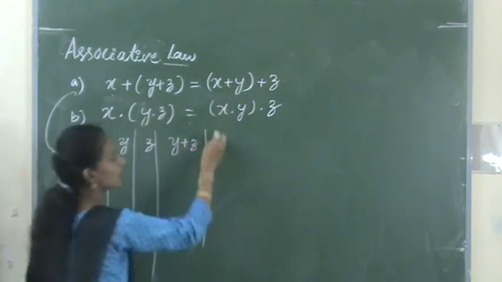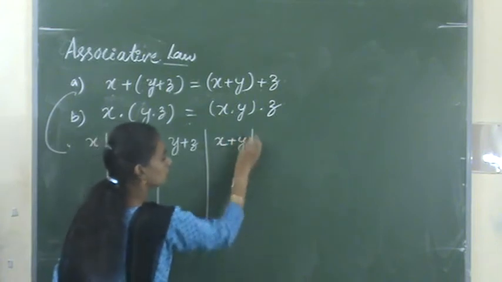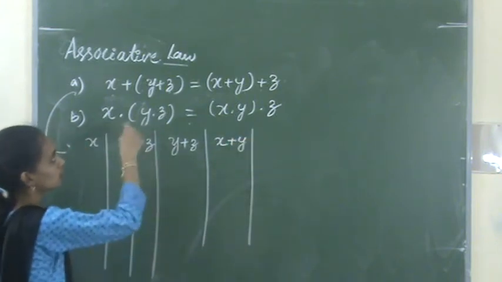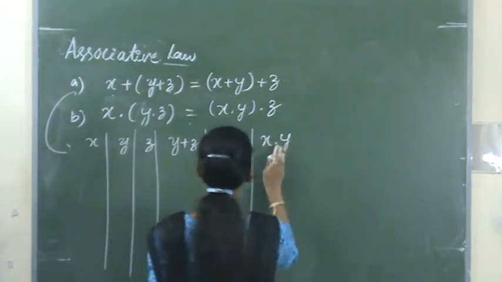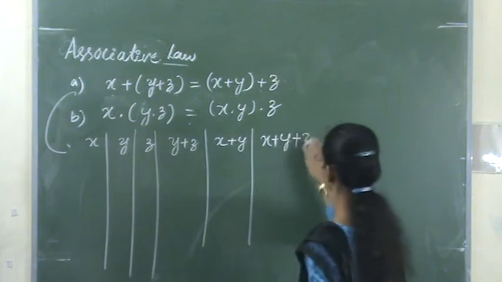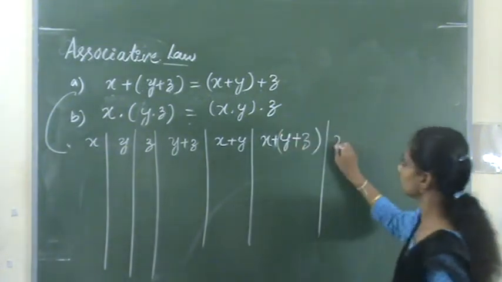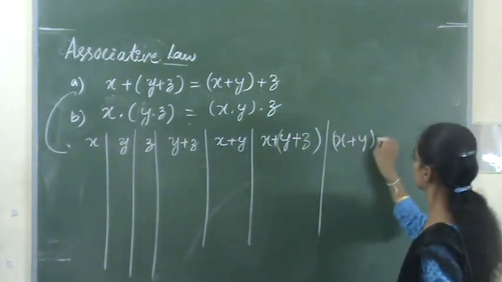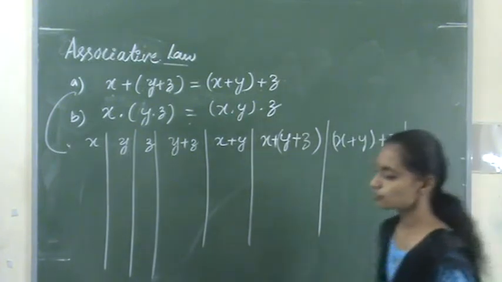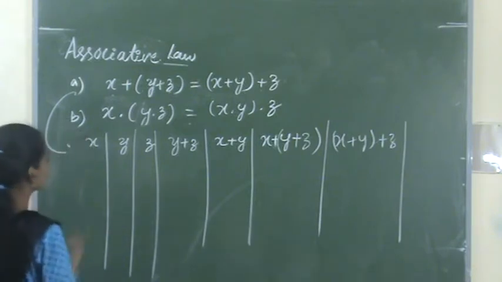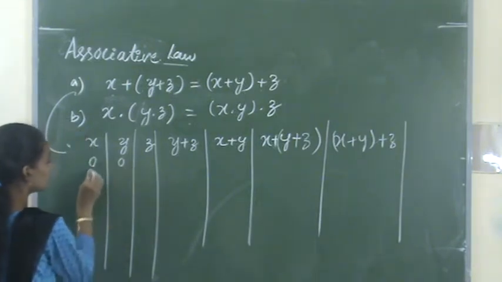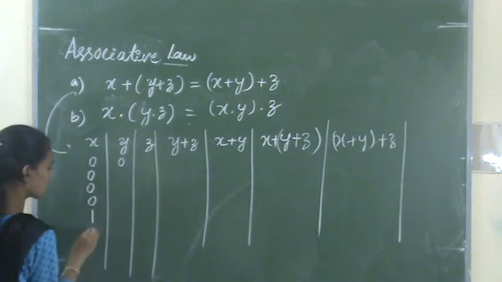For this one, next I have to perform X, Y, and then totally I have to perform X + Y and then X + Z, right? I told you that if we are using three variables, we have 8 possible ways. I told you how to write this in a short form, right?